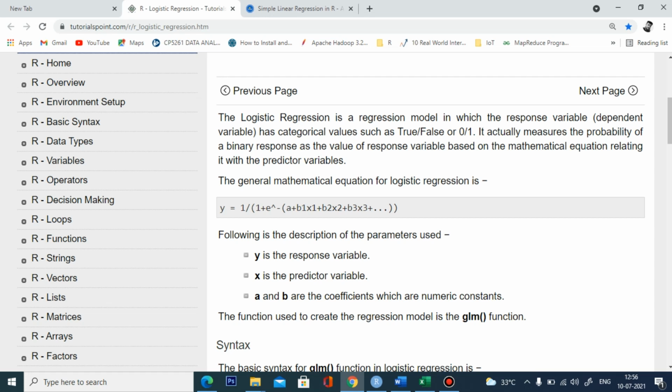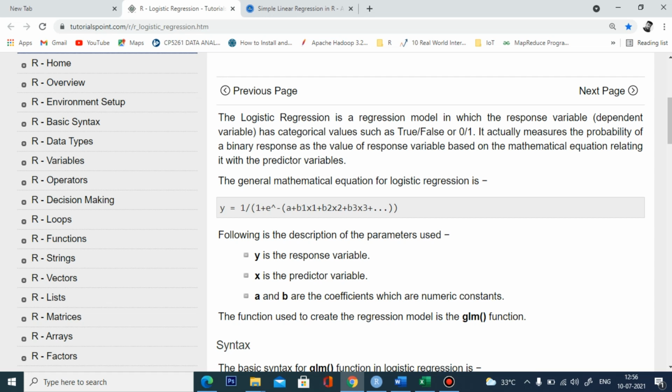The logistic regression will predict the response variable as a categorical value, like zeros and ones, true or false. For example, based on the data, you have to predict whether a particular startup company is going to make a profit in future or not. So this is like a binomial answer, whether it is going to be profit or not profit. This type of answer comes from logistic regression. If you want to predict how much profit you will get in future, we use the linear model. But if the response variable is categorical, then we move to logistic regression.